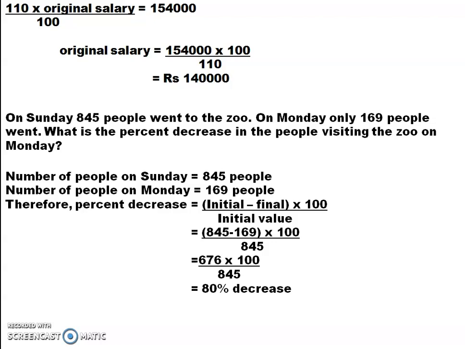So today we have gone through 3 types of question. In the first question you saw the percentage increase and the original value is given. In the second question you saw the percentage increase and the new value is given. And in the third question, new value and the original value is given, and you have to find the percentage decrease or increase. Clear? So go through all the questions once again.